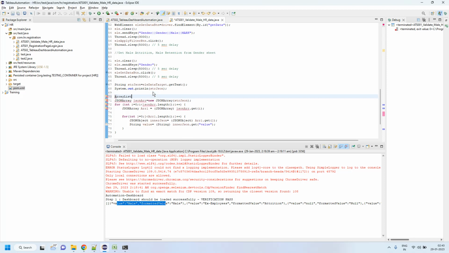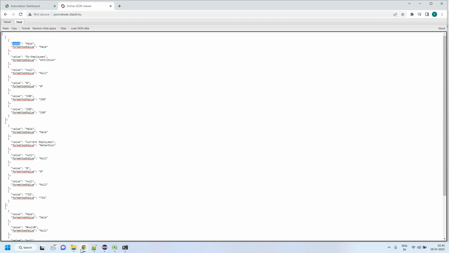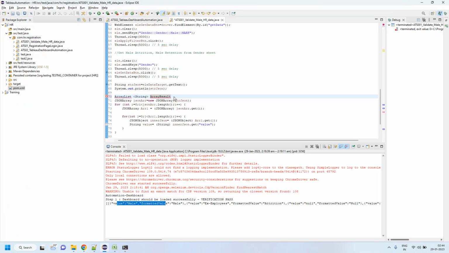Array list. It would be storing string values, because these are my string values. So in string format I will be capturing the values. Array list string, let's say array result, because this is my result that I am getting from the page. Okay, this is my result. Array result